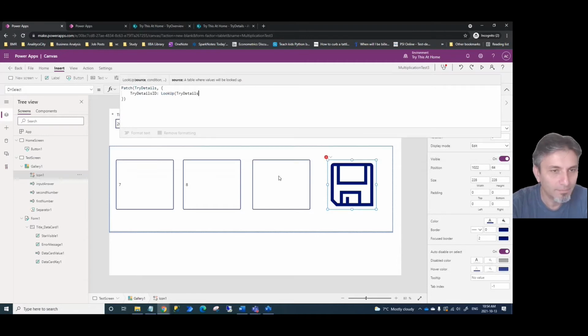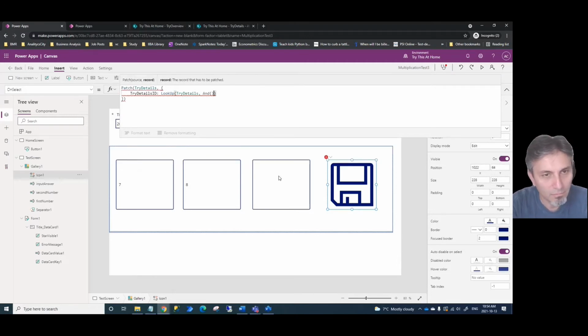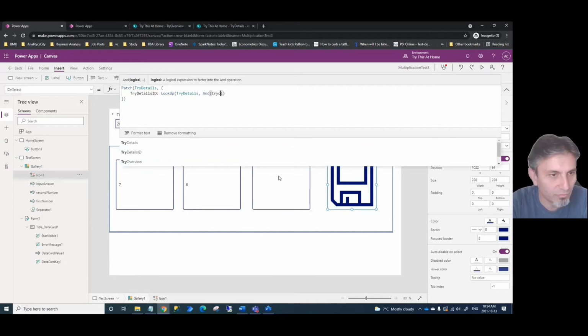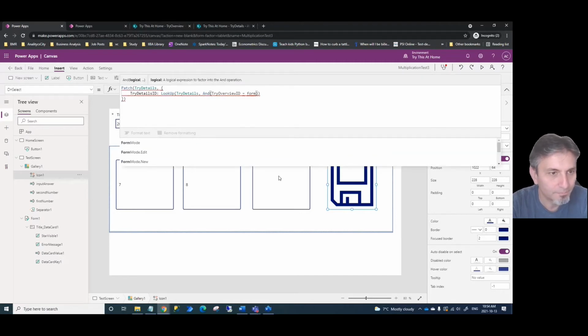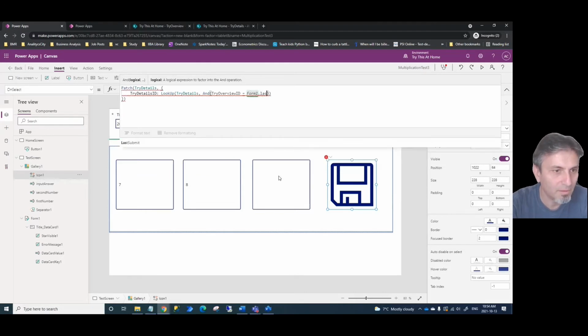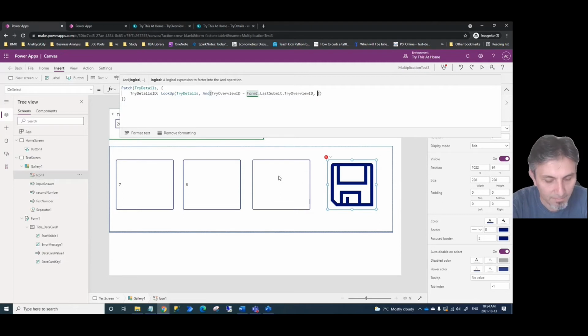Try details, there will be some conditions. Try overview ID is going to be the same, and form 1 last submit, and try overview ID will be the same, and